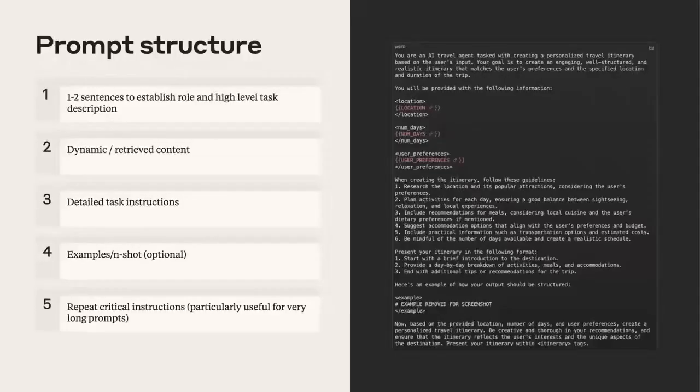We may give some examples to Claude: here's an example of some piece of content you might receive. Here's how you should respond when given that content. And at the end, we usually recommend repeating anything that's really important for Claude to understand about this task. Reviewing the information with Claude, emphasizing things that are extra critical, and then telling Claude, OK, go ahead